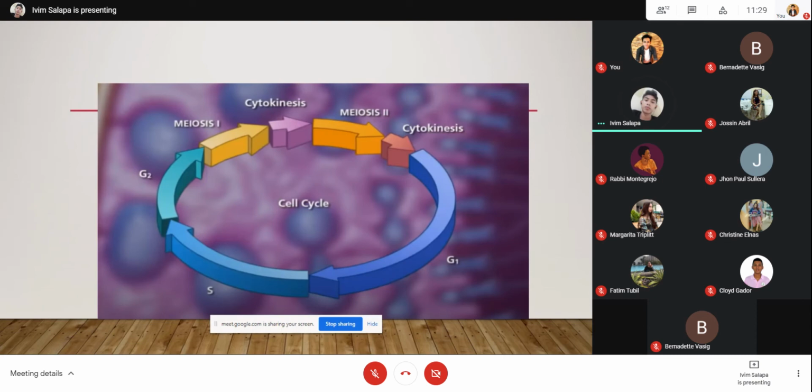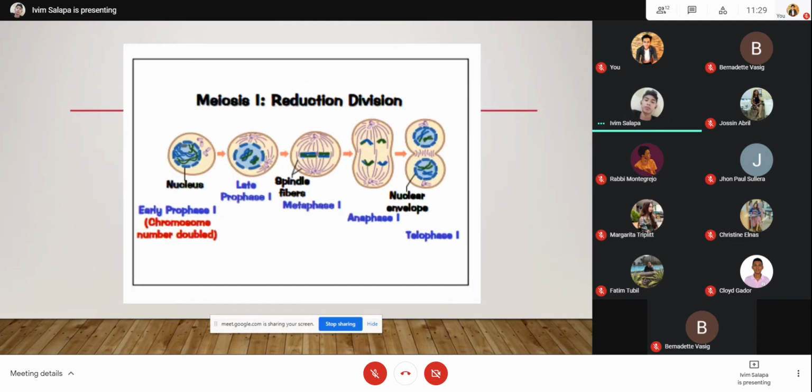So that is during interphase. There are two types of meiosis: meiosis 1 and meiosis 2. After interphase,